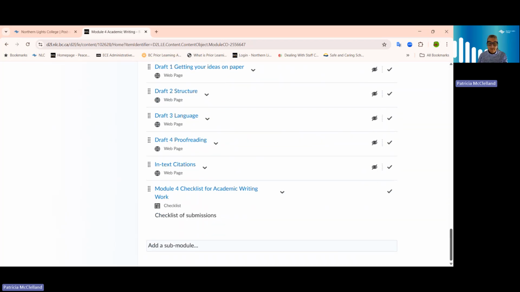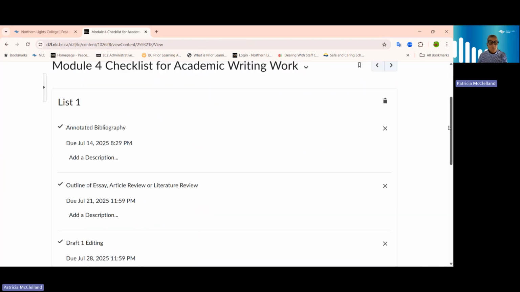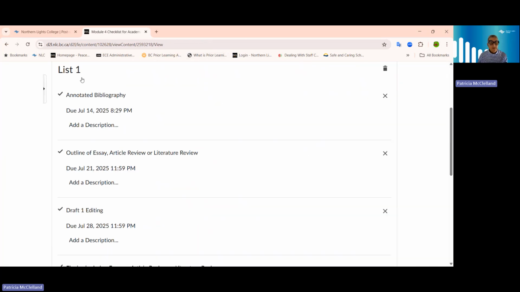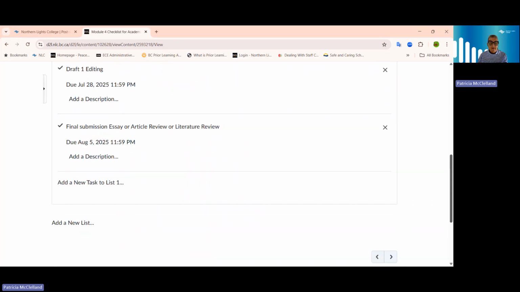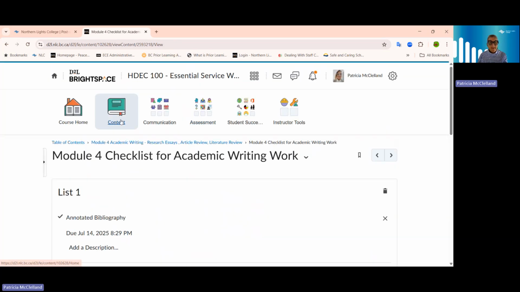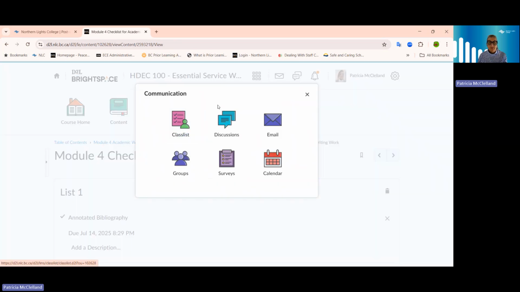I think that's it. So whenever you're looking down your checklist for Module 4, we want to be able to submit that annotated bibliography. We want the outline of whether you're doing the essay, the article review, or the literature review. Submit your editing piece and your final essay review piece. I did add in the discussion page,